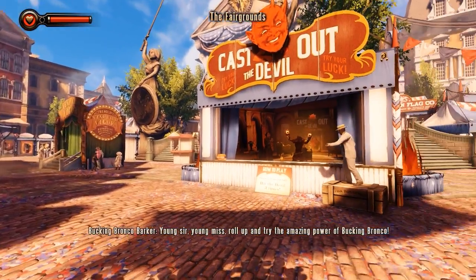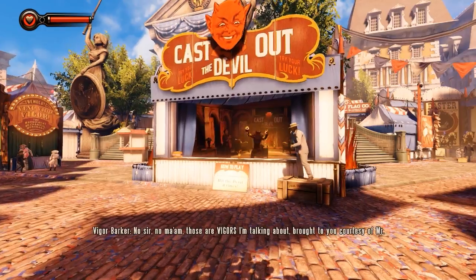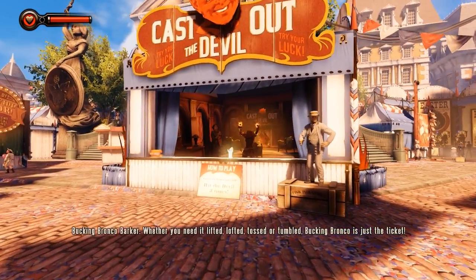Young miss, roll up and try the amazing power of Bucking Bronco. Whether you need it lifted, lofted, tossed, or tumbled, Bucking Bronco is just the...